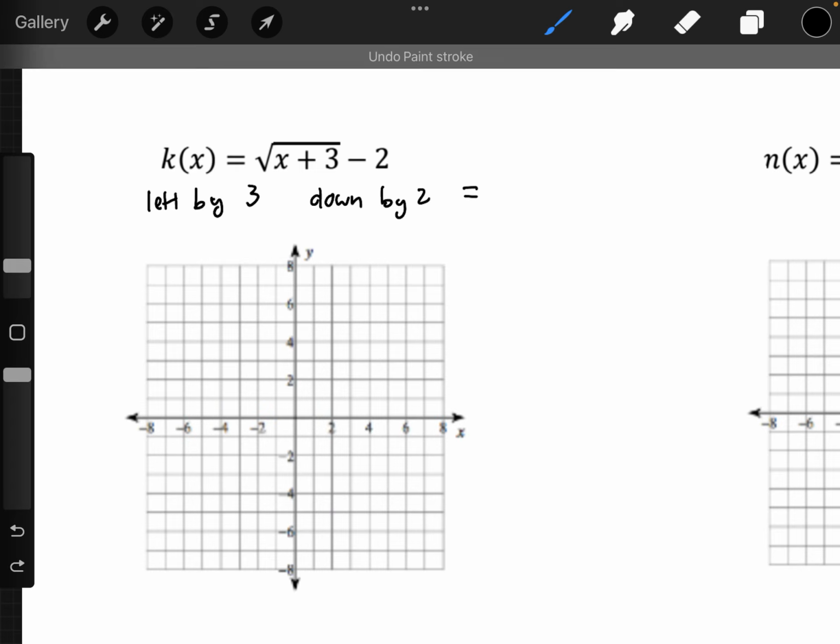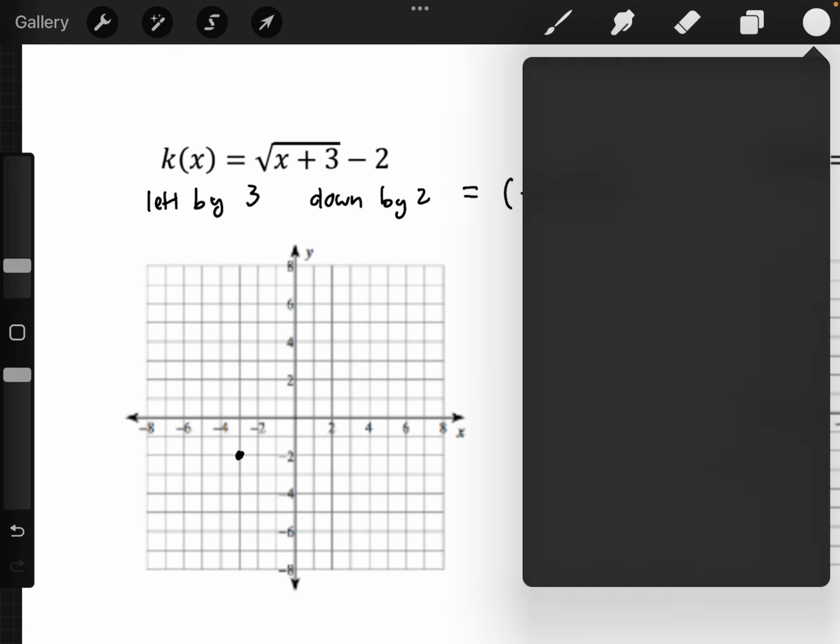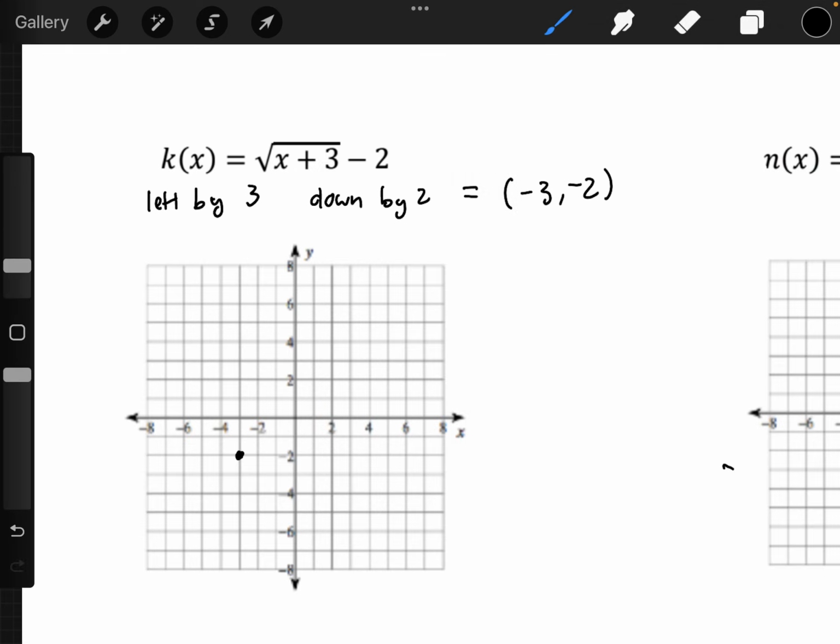This also means that our center, or our starting point, is going to be at -3, -2. So we can mark that, -3, -2. We'll graph a reference point where